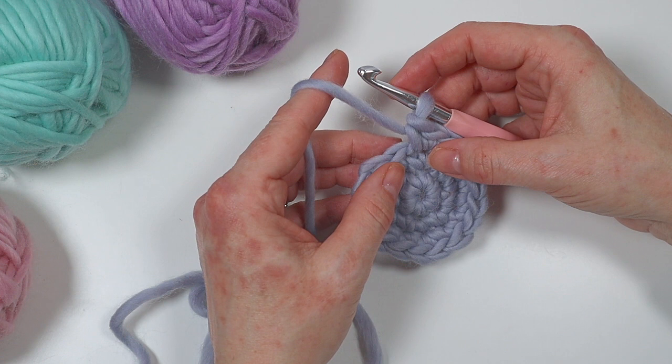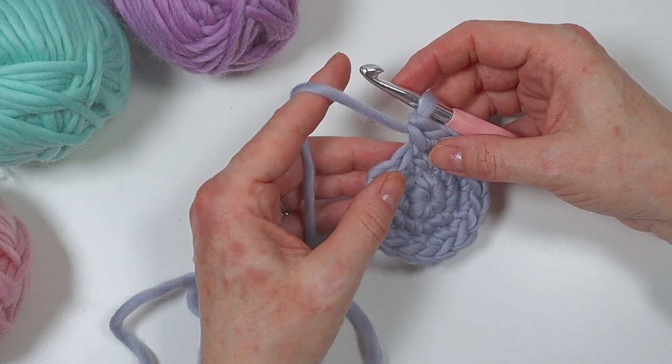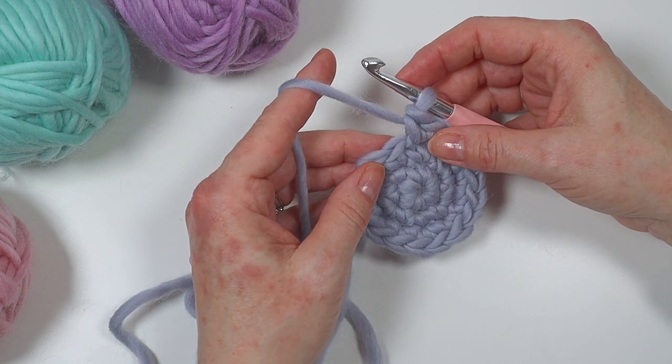Hi guys, it's Claire here and I'm going to show you how to decrease in a circle,